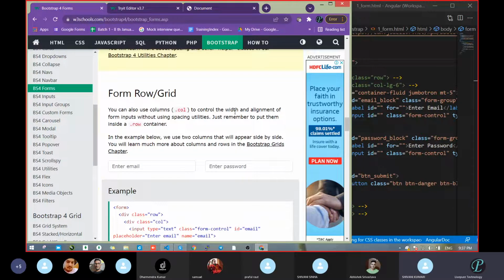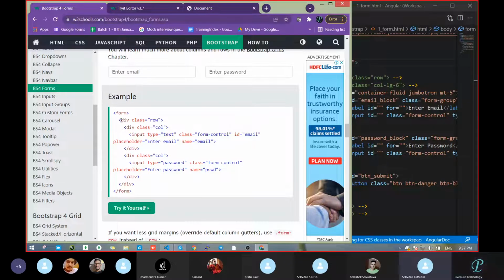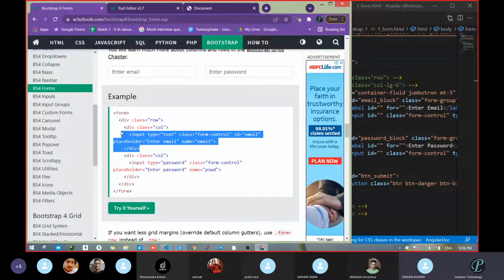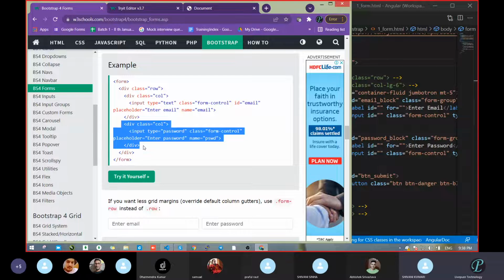Next, we just saw form and row, which we also used, so we can split that. Now just go through the code. They took one div row, and inside the row they took one column, where the column gets closed here. And next, another column. What are you thinking? How will both inputs be available on our UI side? Will they be top and bottom? Will they be left and right together, 6 and 6 in the screen?